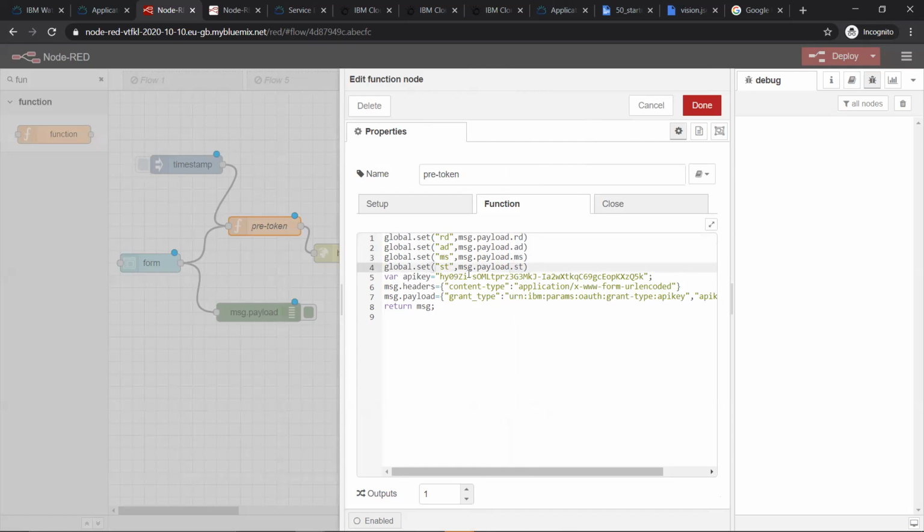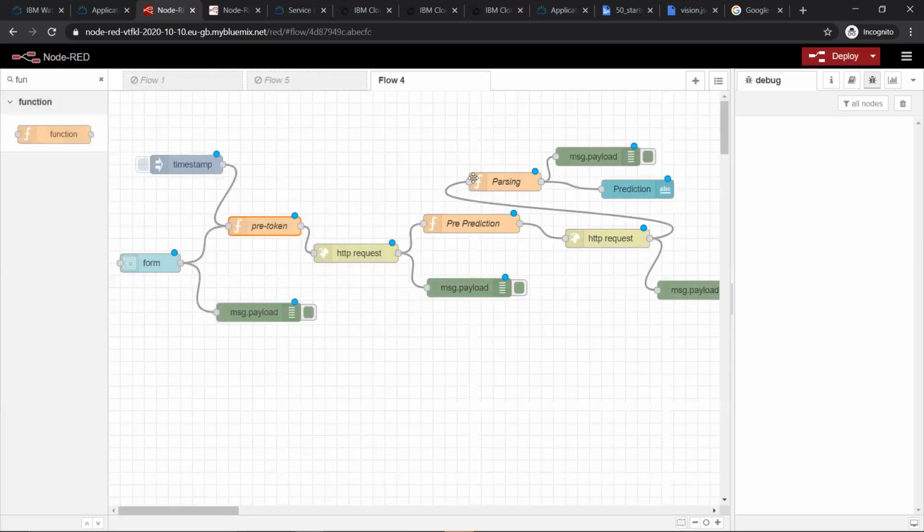I hope by now you have understood why I'm writing message.payload.st, right? Because whenever you are using a form, all the values of that form are getting stored in the form of an object in message.payload. Okay. So it's like in message.payload. Let me show you that. What I'll do is I'll remove this connection. Please, you people need not do it. Just listen to me.